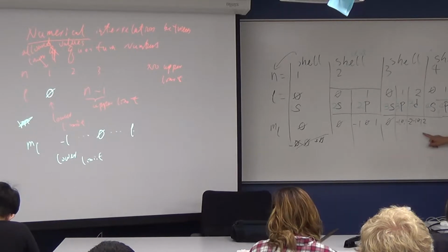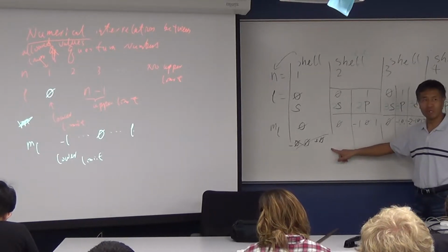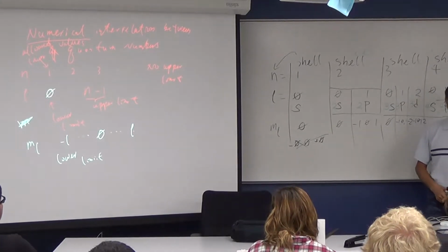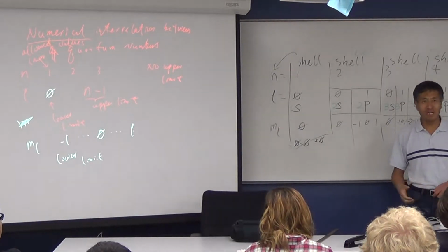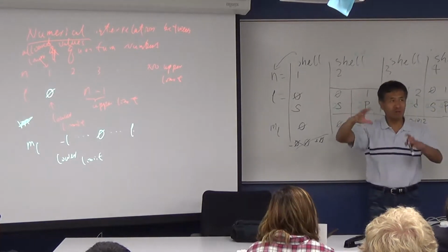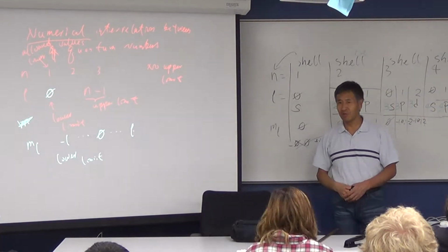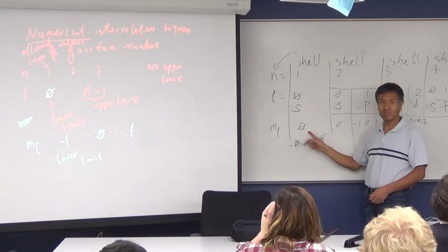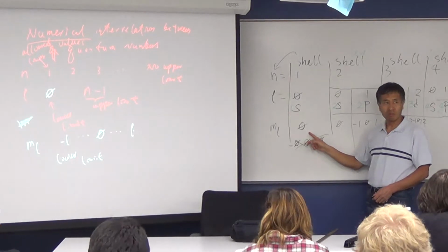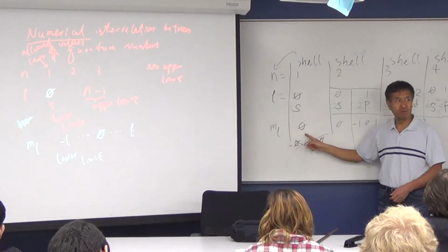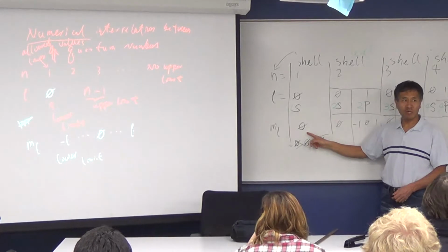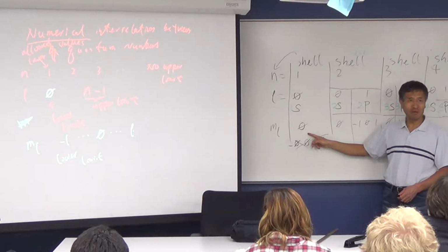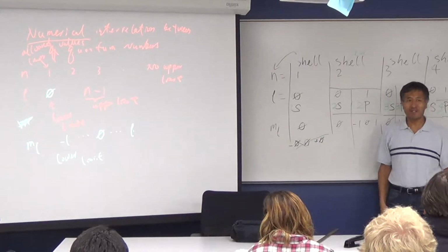I mean, the number for ML tells you how many you have. Right? See the shape for the spherical? How many possible shapes can you have for spherical? Just roughly, you have just one spherical. Right? So therefore there's only one of those S orbitals. There's only one number for ML. Okay? So no matter what S orbital you have, you know there's only one S.